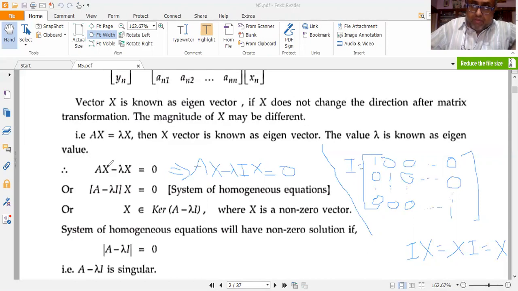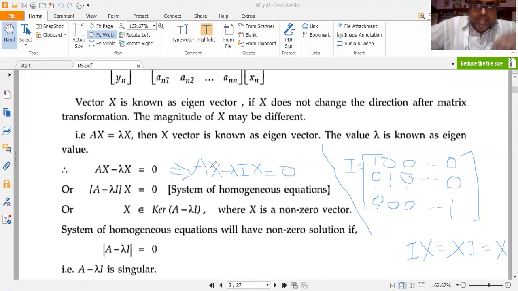I cannot write that, because A is a matrix, x is a matrix, lambda is a scalar. If I take (A minus lambda) into x is equal to 0, it would be very, very wrong, because here we are taking a common factor with respect to matrices and scalars in combination, in tandem. Since I am having a scalar which is multiplied to a matrix, I can write x as I into x or x into I, which is equal to x. So that's why I should write x equal to Ix.